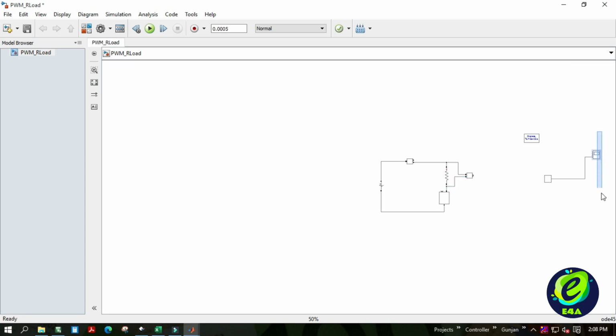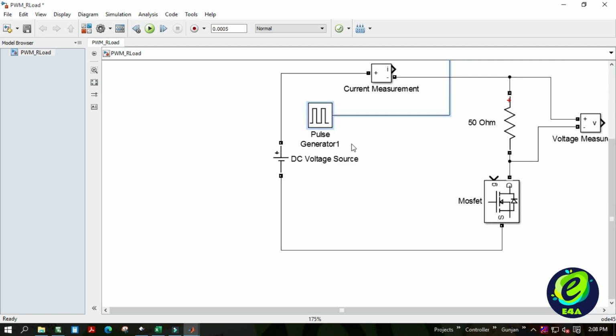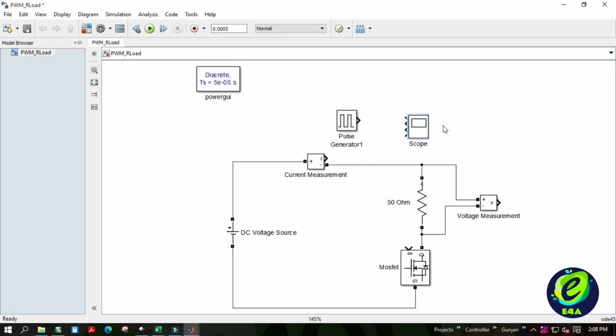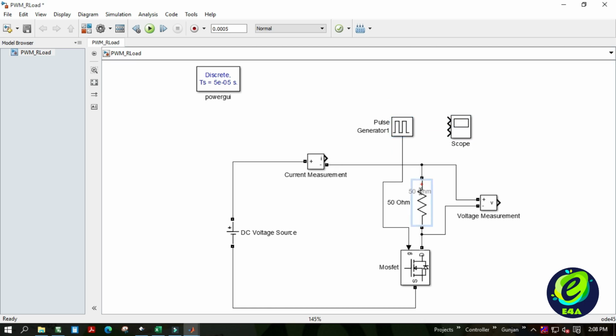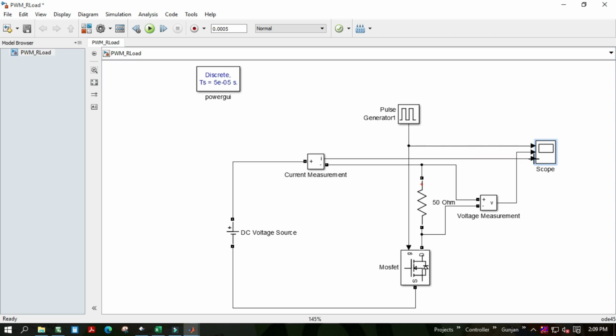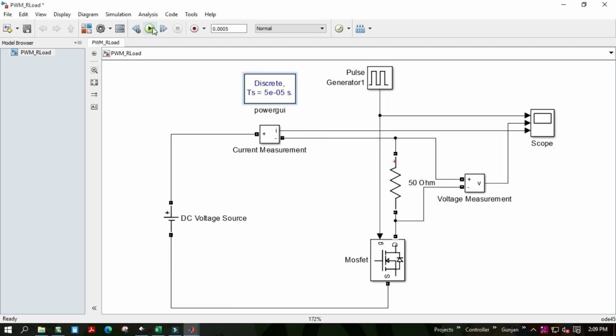We will input the PWM pulses to the MOSFET and scope will be given the PWM pulses, voltage measurement and the current measurement signals. Now let us run the simulation and adjust the axis properties.